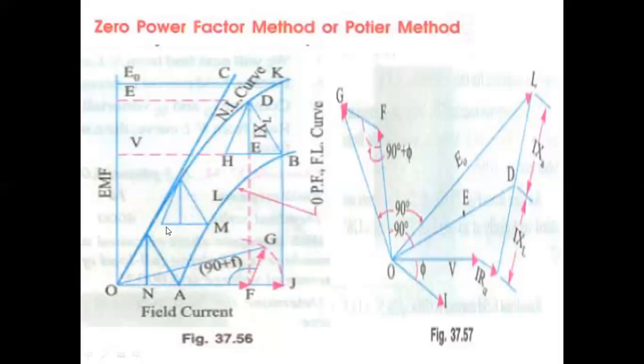Okay, so now draw DE. Extend the D point onto the BH line. You will get E point. So the length DE will be representing IXL. This is the voltage drop due to armature leakage reactance. So this BE will be giving the field current